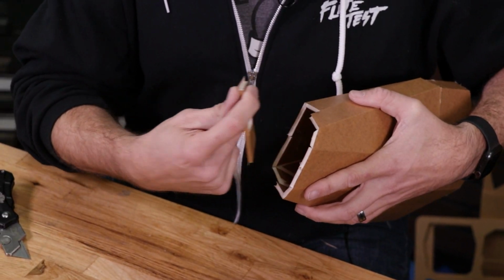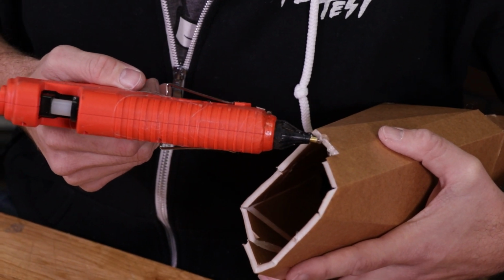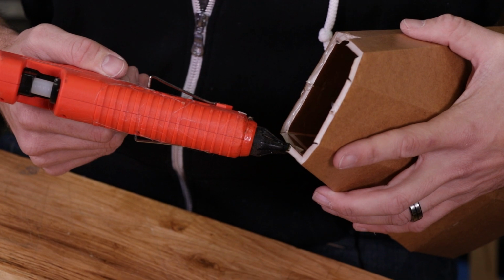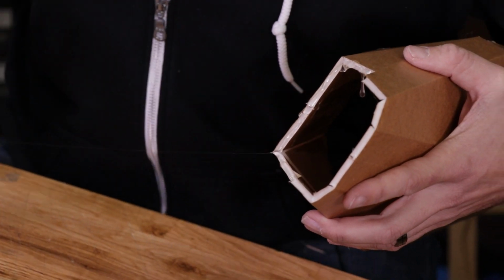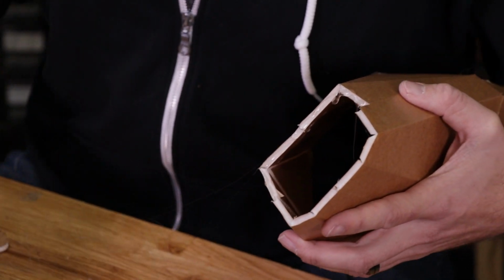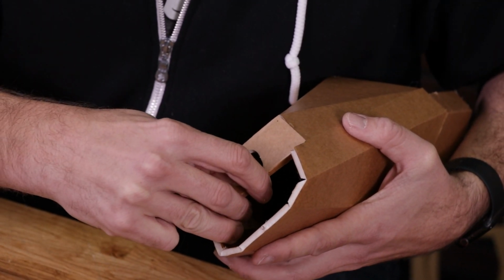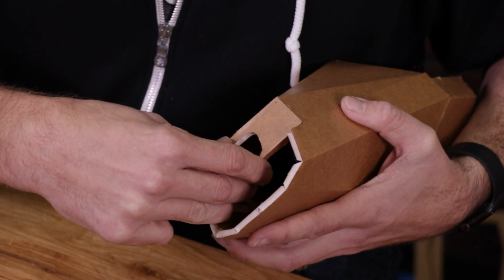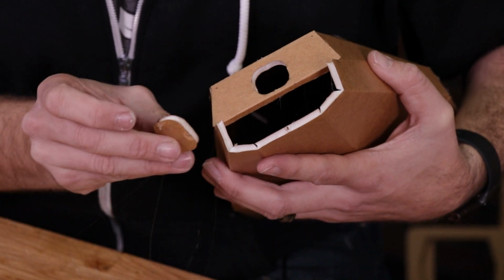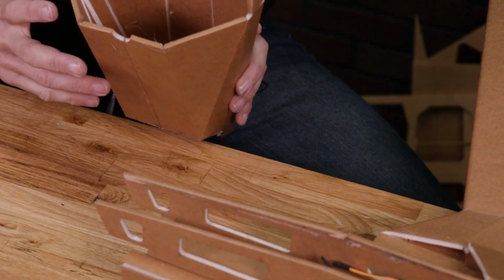Easy way now to glue this in, simply to put a heavy bead of glue right around the perimeter. Notice the temperature of my glue gun is down a little bit, so it's nice and thick. I don't want any glue outside here. Now I can go ahead and place this in one more time. Scrap piece of paper is all I need to kind of melt that in, and then I can go right down to the table,